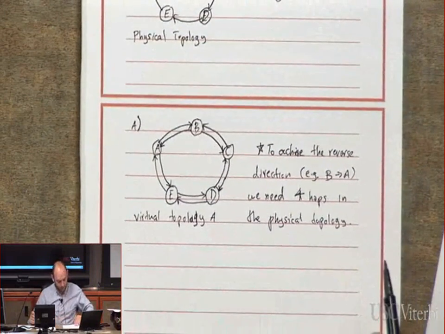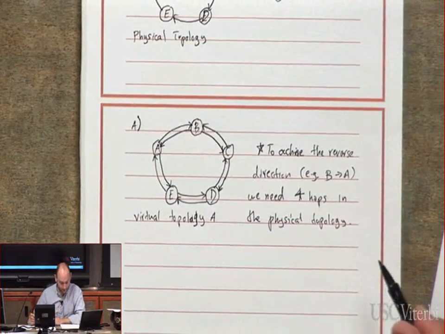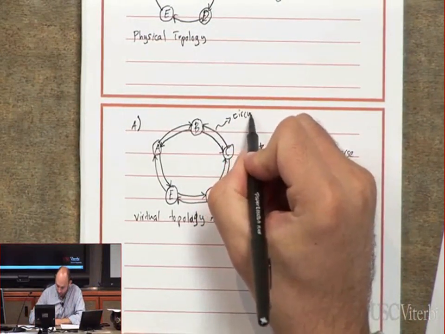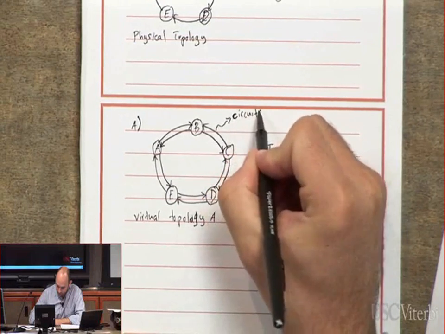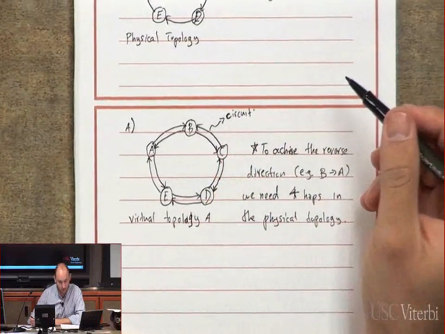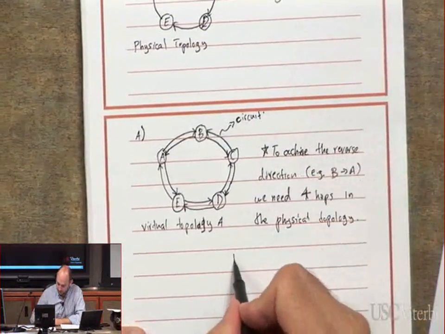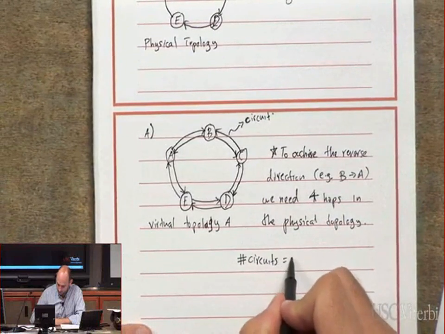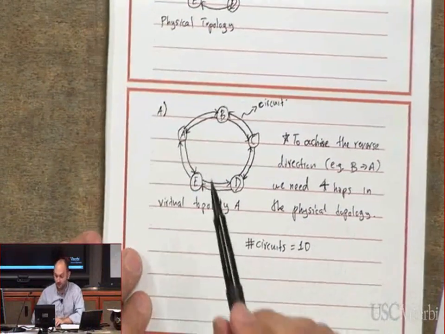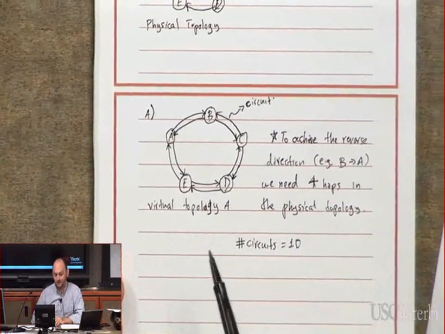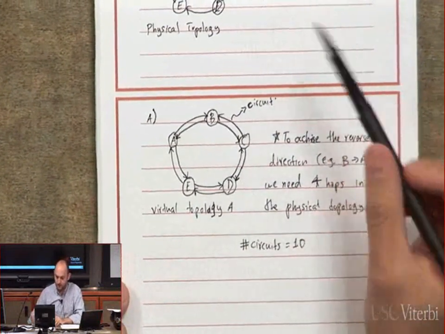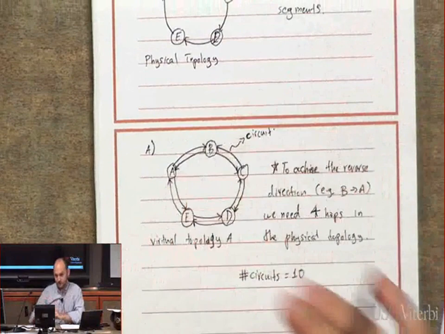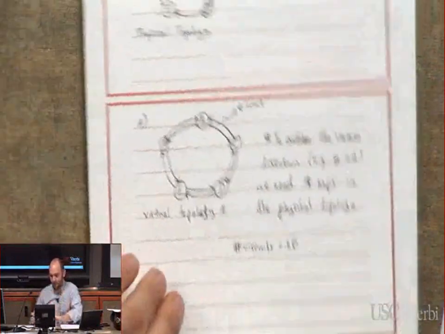Okay? Just to make it clear. Now, we will call this a circuit. Make sense? So over here, the total number of circuits in the virtual topology is 10. So we have 2 quantities so far: total number of segments, and total number of circuits in virtual and logic, in physical. Okay,